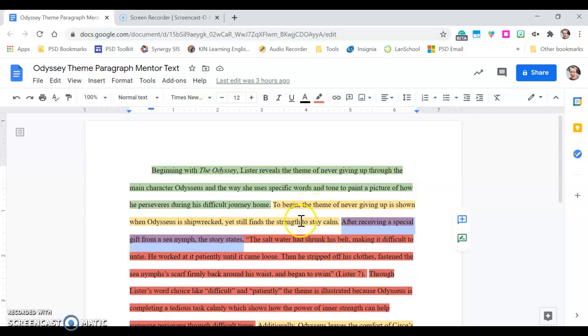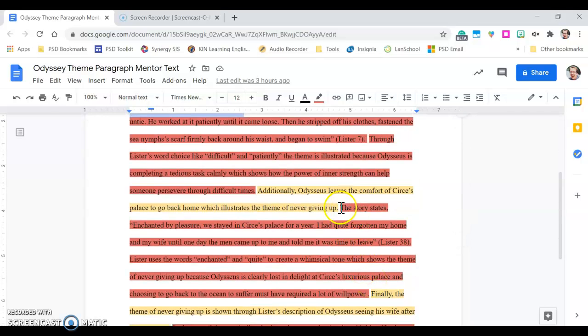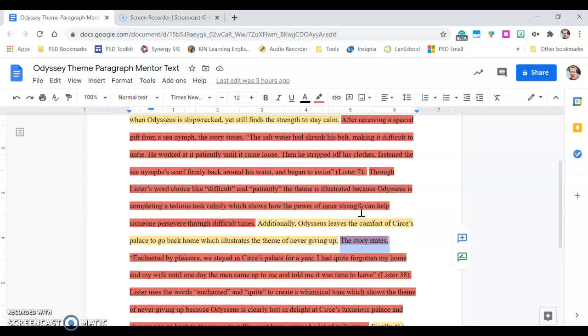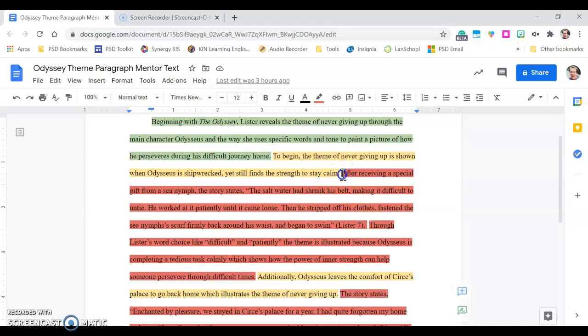So if you did your main point, your main point probably previews a little bit of what part of the book you're going to be talking about. So then your evidence should either have a transition, if you look at the next yellow red down here, a transition like this, "the story states," or there is a transition document on the resources page of your outline that you could use to give you some other ideas of what you could say there,